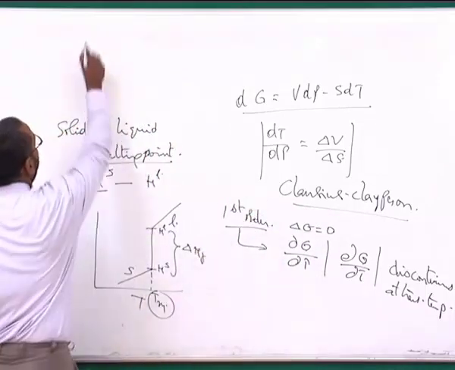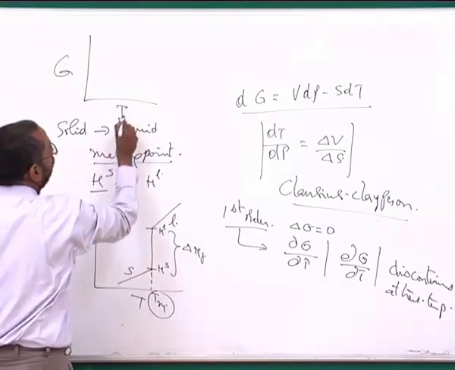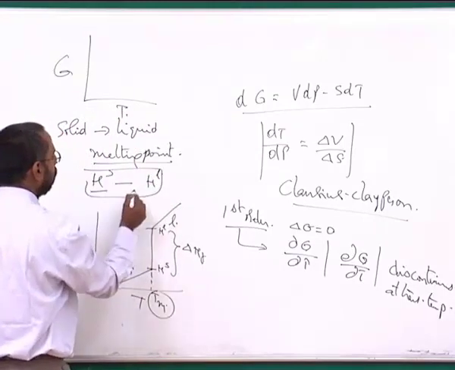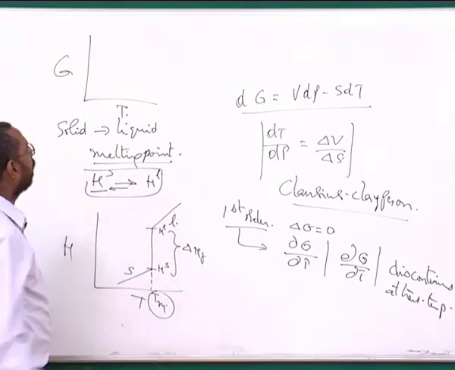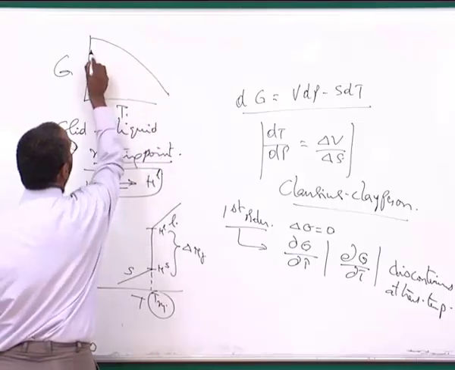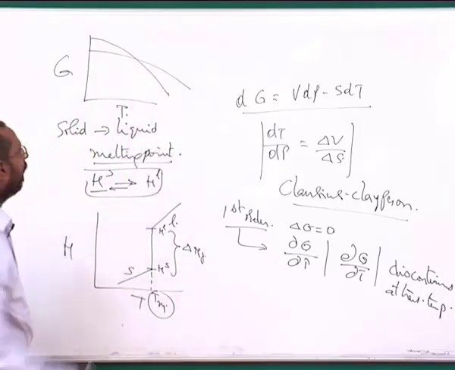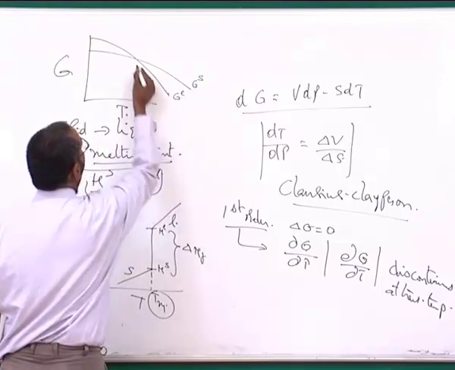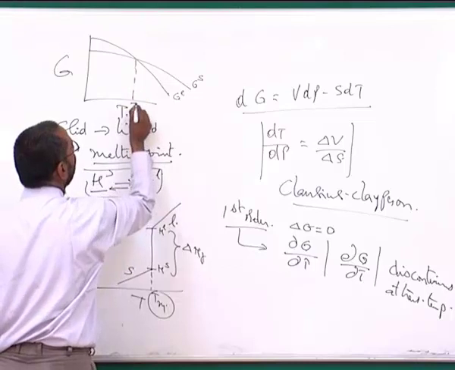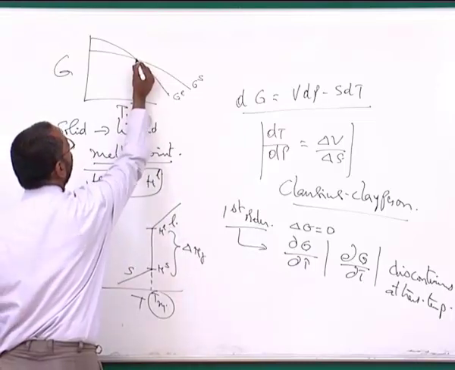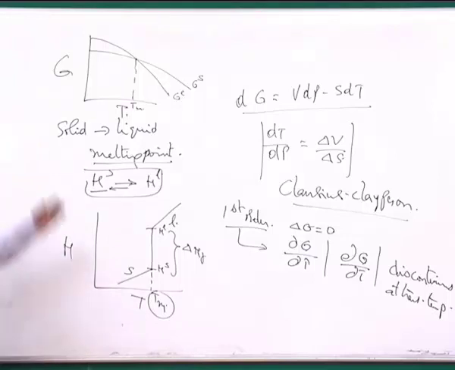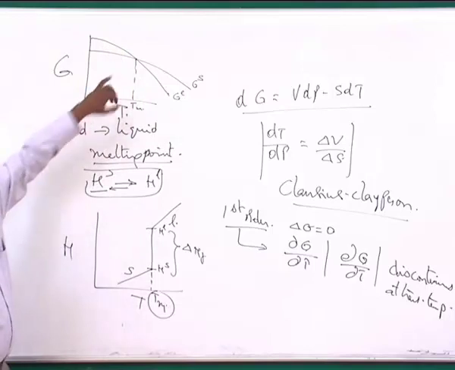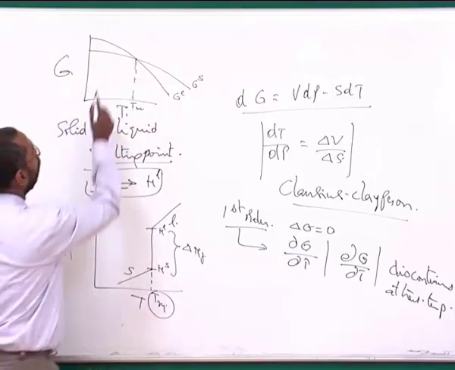For example, if I draw G versus temperature for this transformation, let us say where a solid is becoming a liquid or a liquid is becoming a solid, depending on whichever direction I see, I usually see a plot something like this, where this is the G of the solid, this is the G of the liquid, and such a way that at the transformation temperature the delta G is 0. So if you carefully observe, the G at the transformation temperature is continuous,